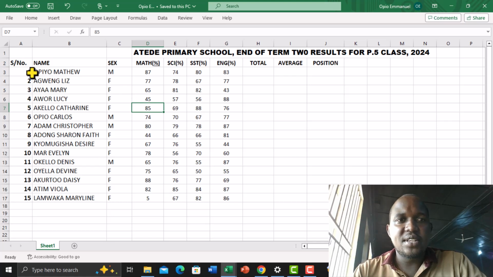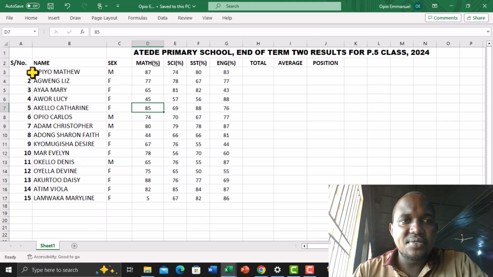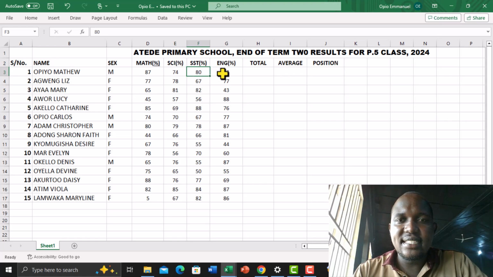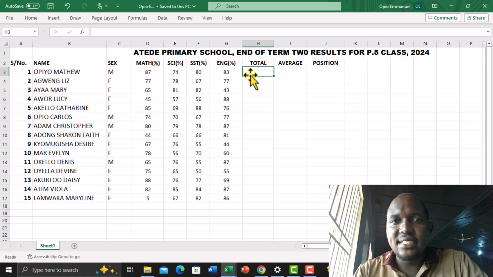So if you follow this row here, this is the row for Pio Matthew. So Pio Matthew had 87 in mathematics, had 74 in science, had 80 in SST, had 83 in English. So how do we find the total? So to get the total for Pio Matthew, we just tap on that and go to